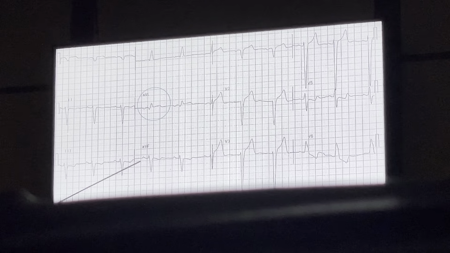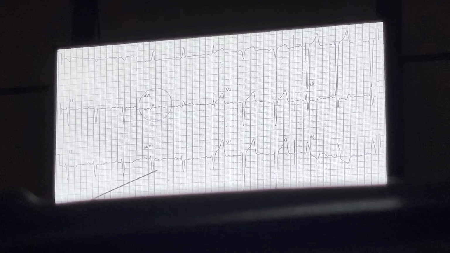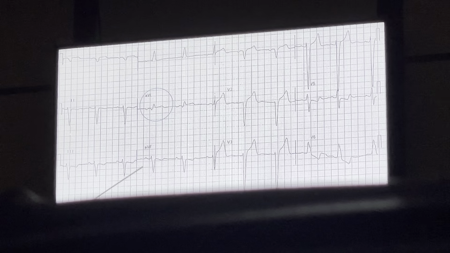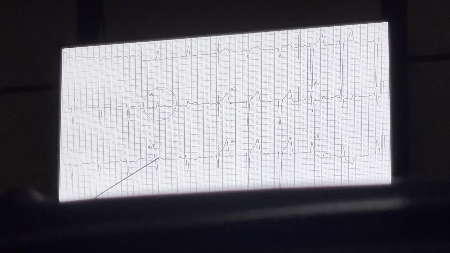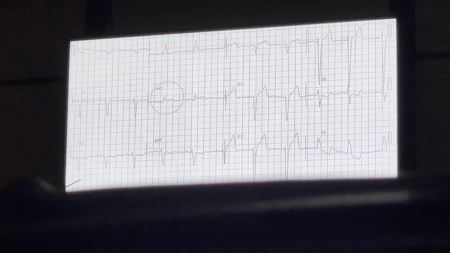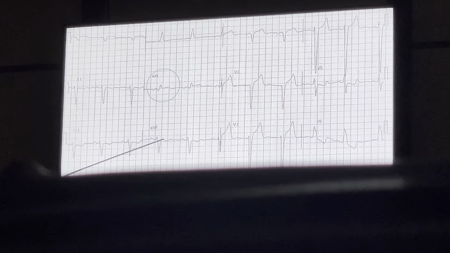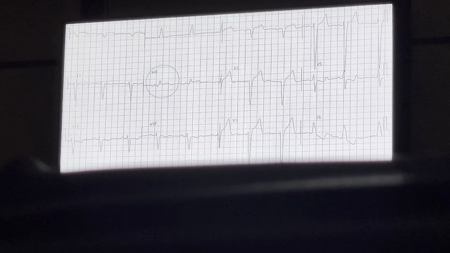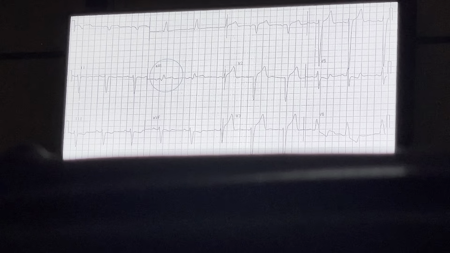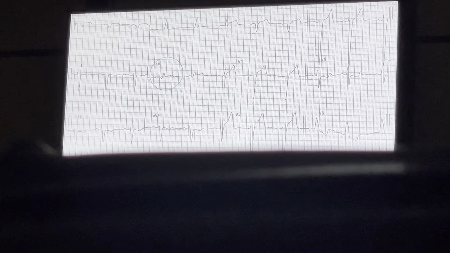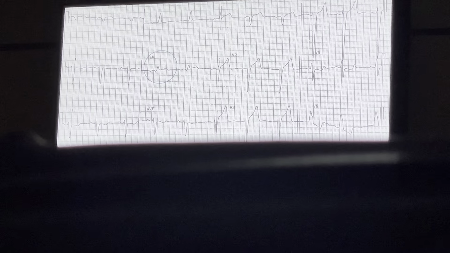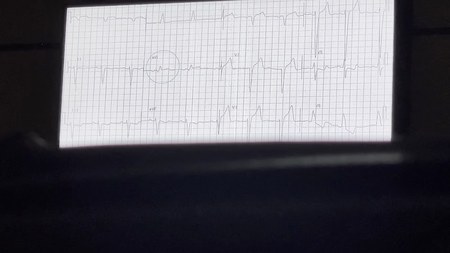AVL is marked, but here you can again see it in the inferior leads. So what is this? Along with left bundle, this is the S wave, so the ST segment should be like this and the T wave should be upright. So here the ST segment is downward and the T wave is inverted, so this is due to ischemia. So with left bundle and with right bundle we can diagnose ischemia when we see the primary STT changes.